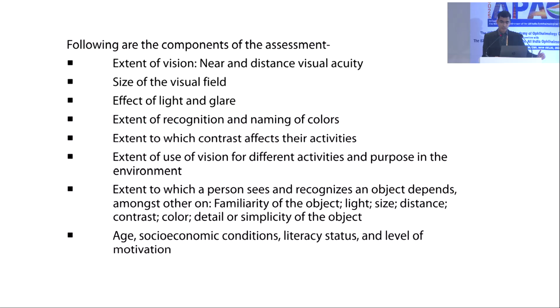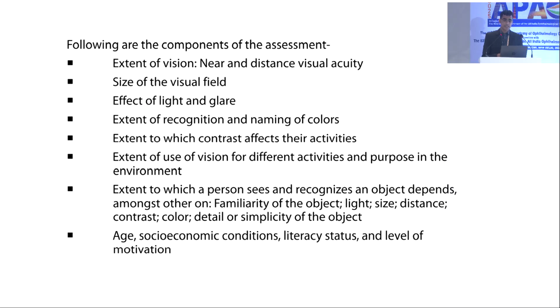Now, when we come to the assessment of low vision, I'll explain a very brief overview with very brief slides. First, when the child or a client enters your clinic, we start from the history, and then we assess the extent of vision, near and distance visual acuity. I want to emphasize that we have to be as objective as possible. For example, we optometrists or ophthalmologists tend to write visual acuity in terms of finger counting, hand movement close to face, which is okay, but we have to go objective. You should use the Lea vision chart or the Cardiff. As far as possible in these clients, we should objectify the